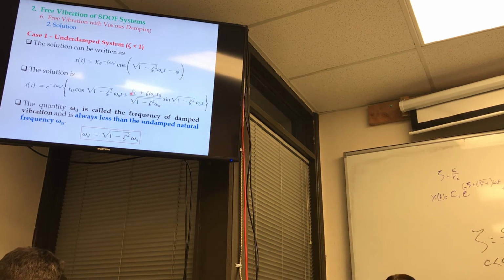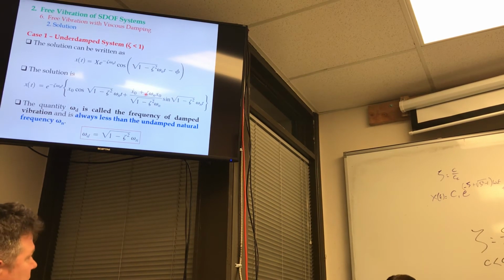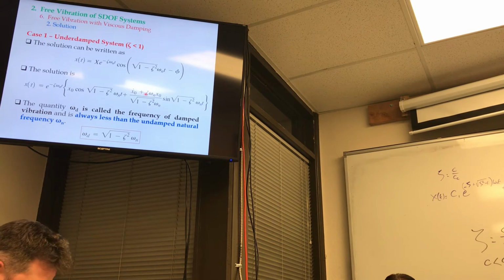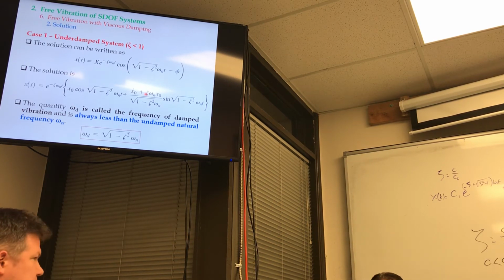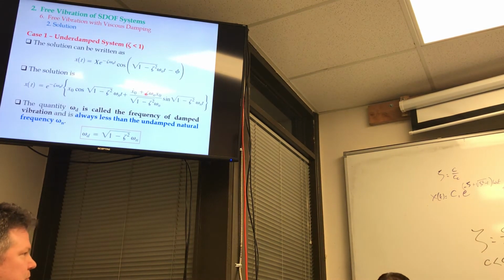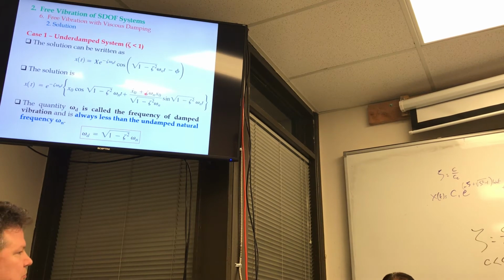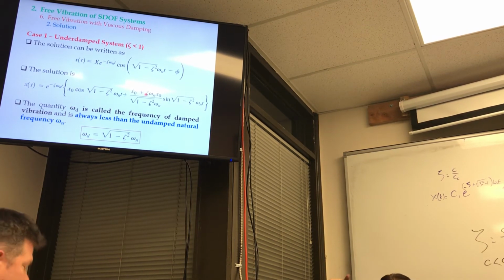And x dot 0 is usually given, right? x0 is usually given. How about zeta? How are you going to get zeta? Is that difficult to get zeta? No. Zeta, Cc you can calculate based on k and m, and c you already know from the equation. So you have all the ingredients to figure out how something is going to move as a function of time, okay? Now, one thing you notice though,